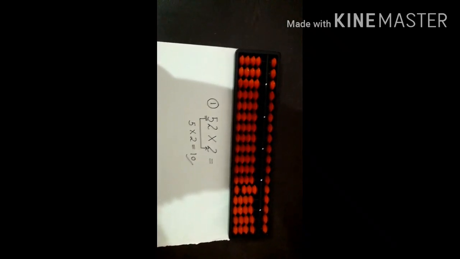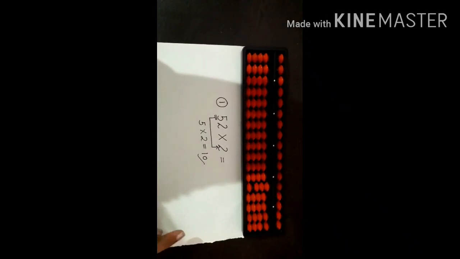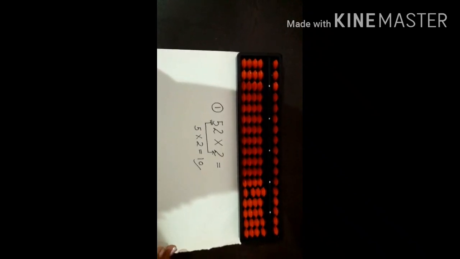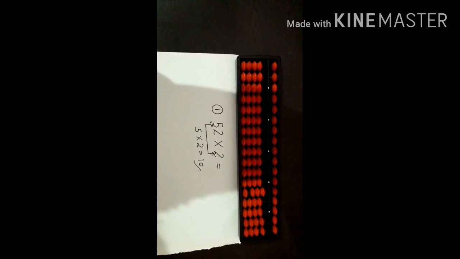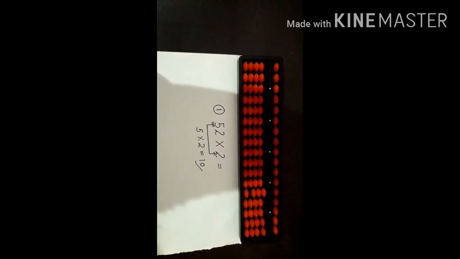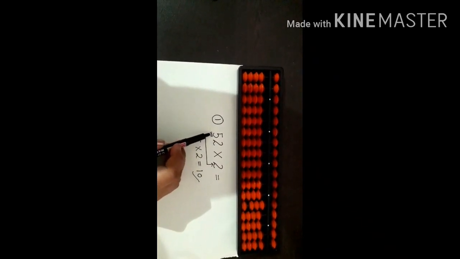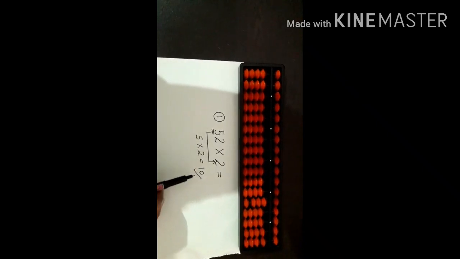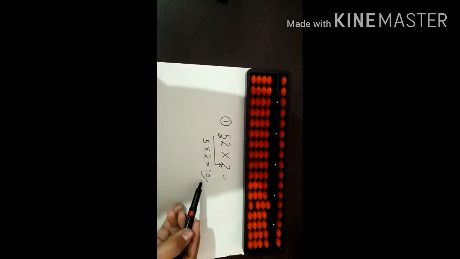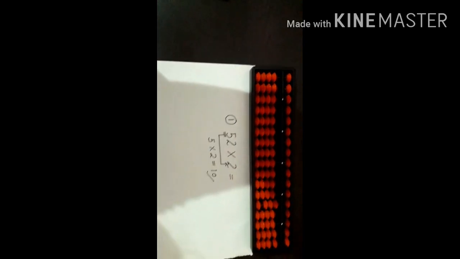Again kids, I am repeating that you have to use the zero rule only when the number is a single digit, like 1, 2, 3, 4, 5, 6, 7, 8, 9. If the number is 4, then you have to use the zero rule. At the beginning, when you multiply the first time, if a single digit number comes, then you have to use the zero rule. But this time the number is a double digit, so we will not use the zero rule here.